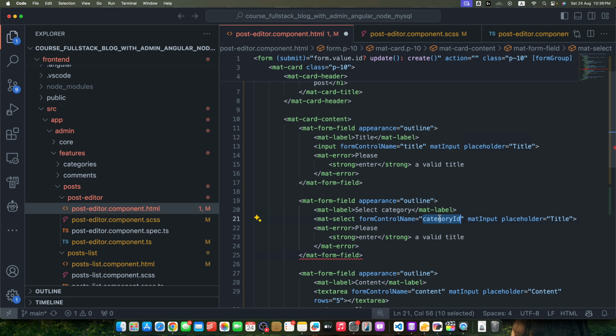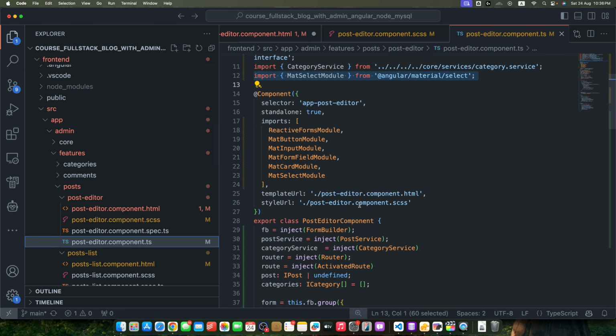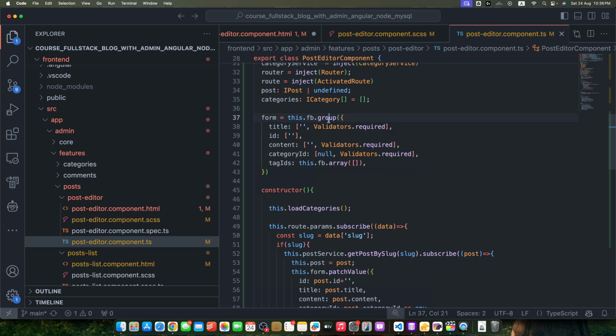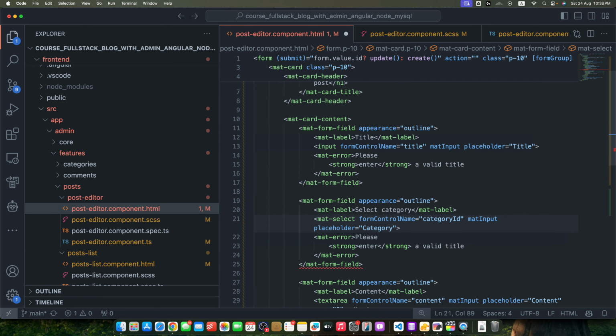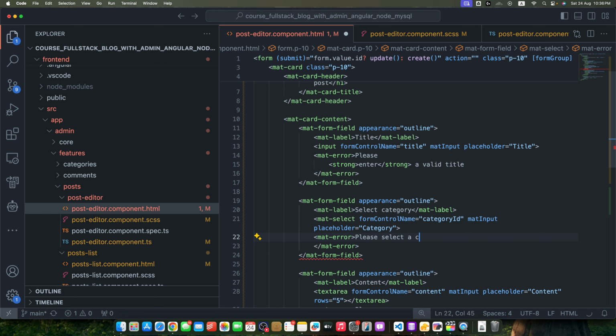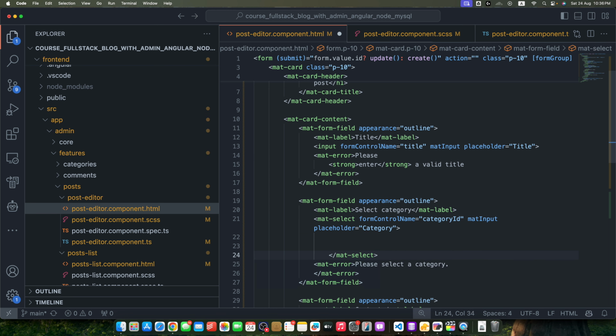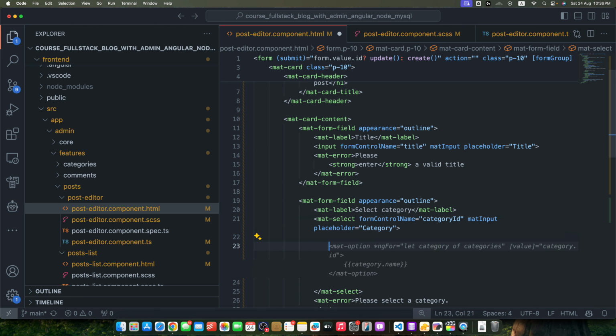Make sure this form control name is exactly the same as what we have defined in our form group here. Okay, add the error message that would say please select a category. And here let's close the mat-select,